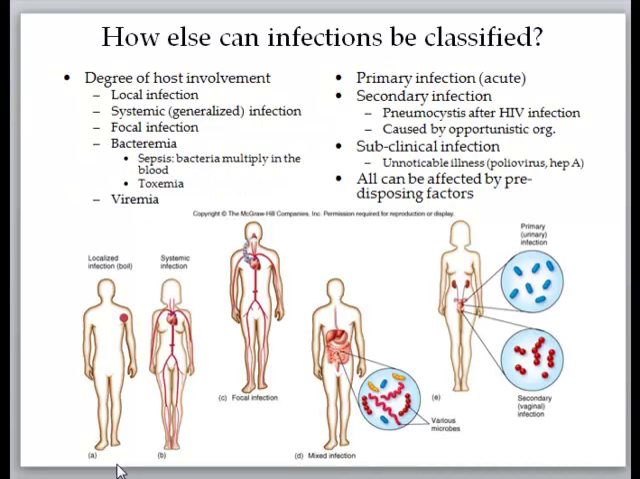Over here we again have a lot more terms. And how else can infections be classified? That is the extent of host involvement. The first kind of involvement we want to classify is the host body, which is affected, and that is called